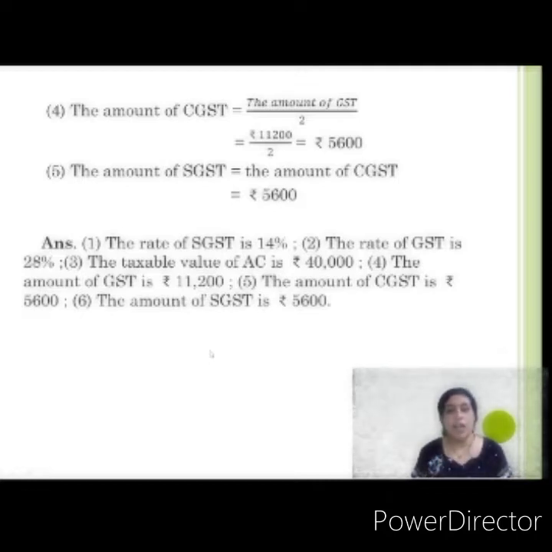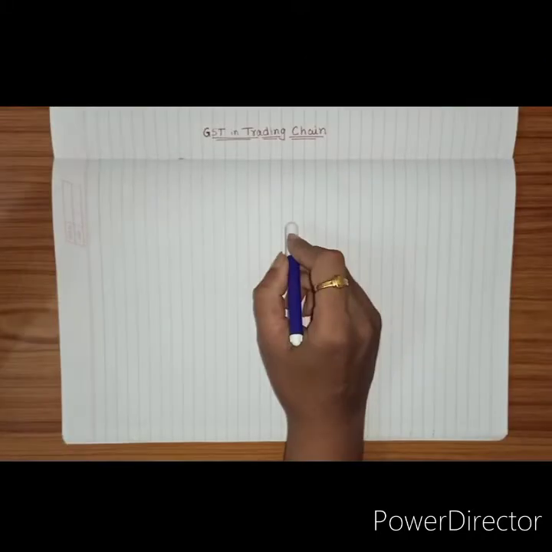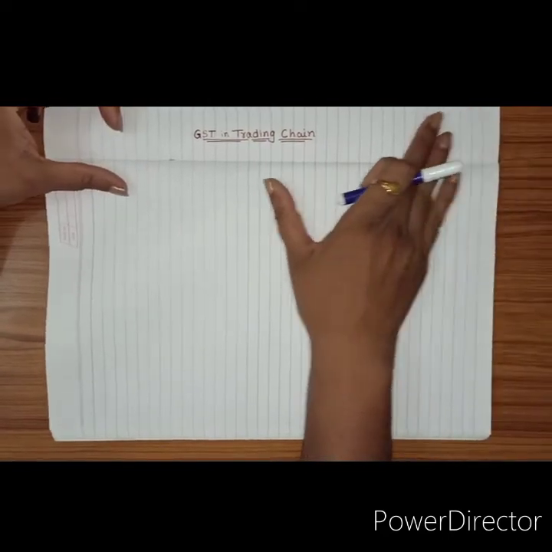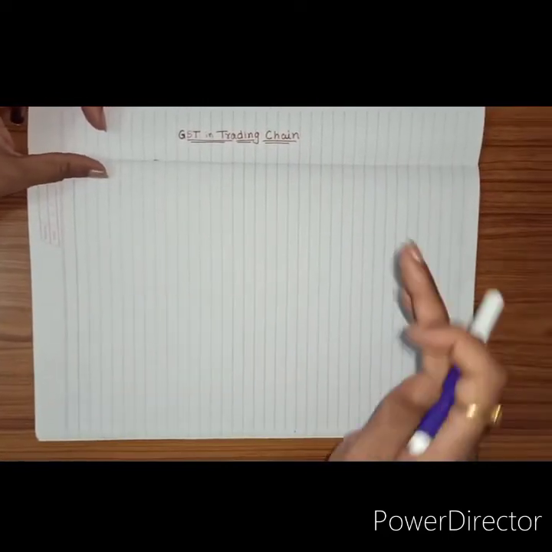Okay. For this I am not going to take help of this, because I need to write it down, which is very difficult to write with this on the PPT. It is really very difficult to write with this pen. So I am not going to write on this. I am going to take you to my book page and I will explain in detail how GST is being paid in the chain. Let's go. Okay, so we are on the book page again, because this becomes easy to explain actually.